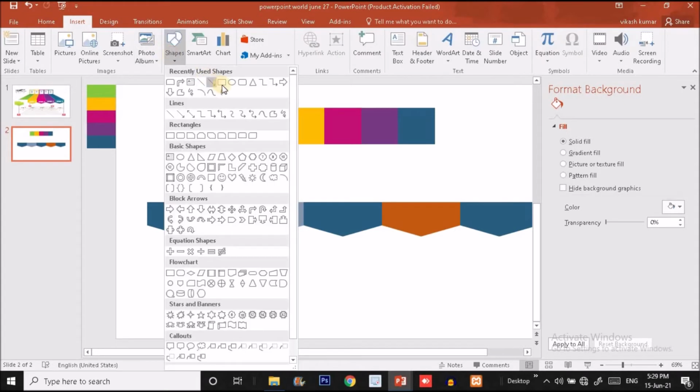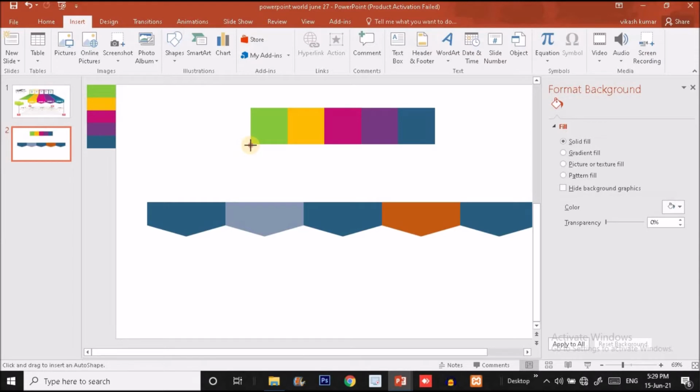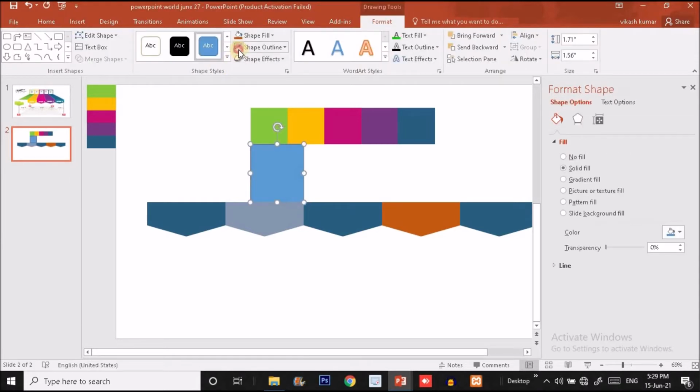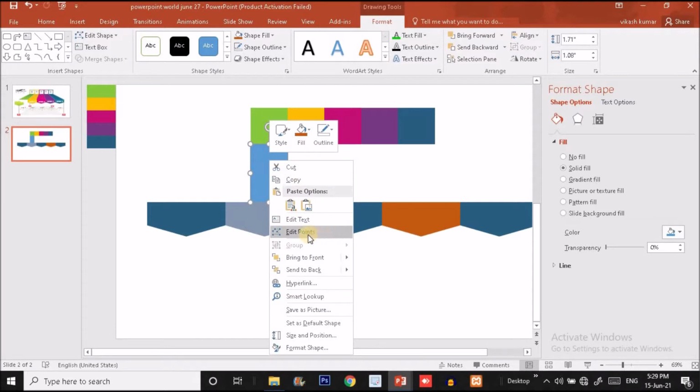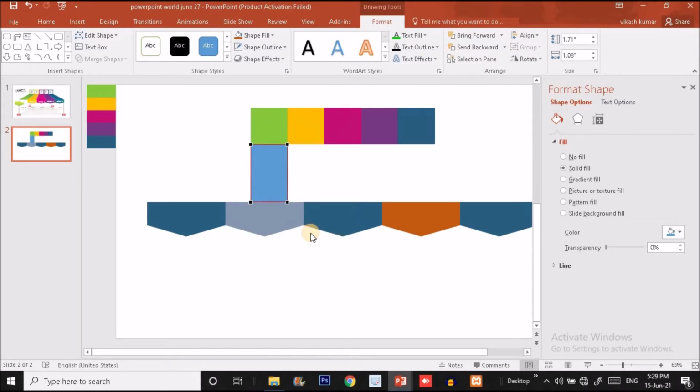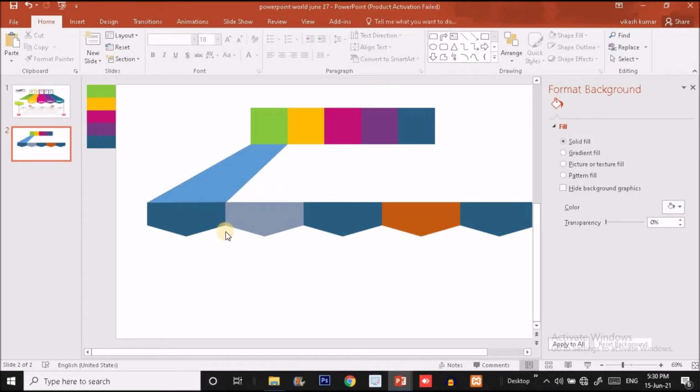Okay, so to do that, click on insert option and choose a rectangle option from there, and drag a rectangle like this. Make it no outline, and put it over here. Right click over here and you can see the edit point option. Click on that. We'll find 4 dots at each corner of the rectangle. So we'll make change with the bottom dots only. So we have to shift these left bottom dots to something here, and this dot to the second corner of the bottom shape.